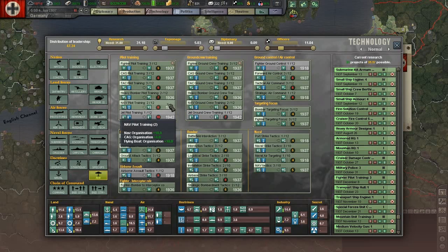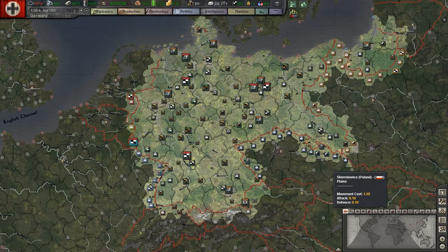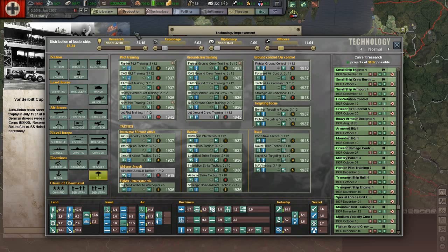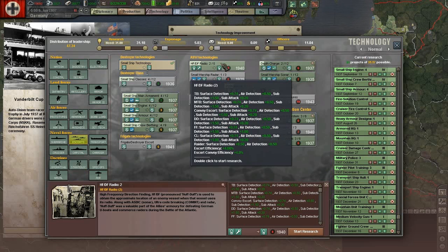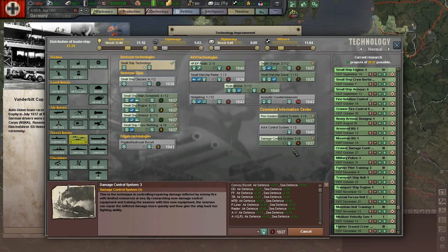Now we're going to do pilot training. Okay, Huffduff as it's normally pronounced, which is a radio or high frequency direction finder. I forget exactly what that. Yes, damage control systems. We'll do that. No. We want to do that. We will do that eventually. But let's go back here and do